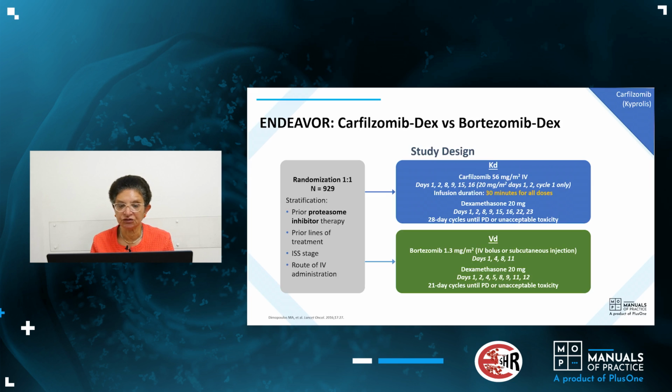Then they looked at the Endeavor trial, which is carfilzomib Dexa versus bortezomib Dexa. And here they are comparing a second generation proteasome inhibitor, carfilzomib, to a first generation proteasome inhibitor, bortezomib, in relapsed refractory cases. And look at the number: 929 patients were included. And here they included carfilzomib at 20 milligrams per meter squared days 1 and 2 in cycle 1, followed by a dexamethasone together with